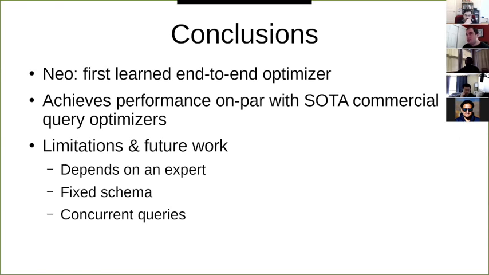So the first one is this dependency on an expert, right? We need to use the Postgres query optimizer in order to get off the ground. If we don't use the Postgres query optimizer to get off the ground, or a simple System R style optimizer, instead of starting out 2.5 times worse, we start out 100x worse, 1000x worse. We hit those catastrophic plans, those ones that take months. So that dependency is an issue because you